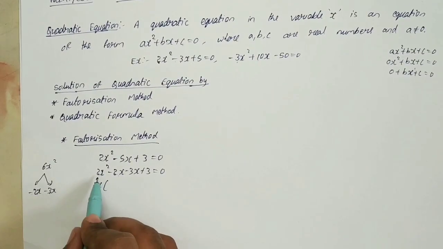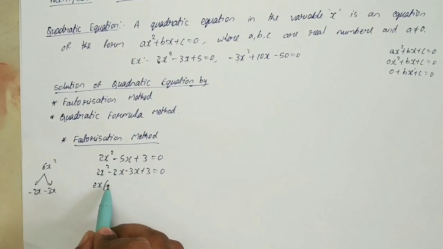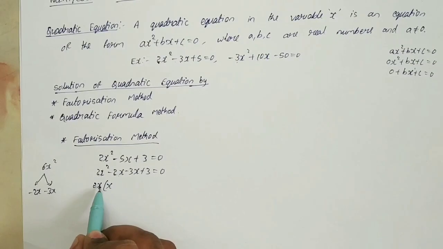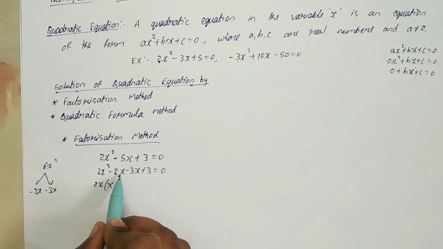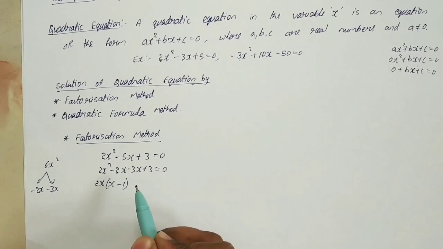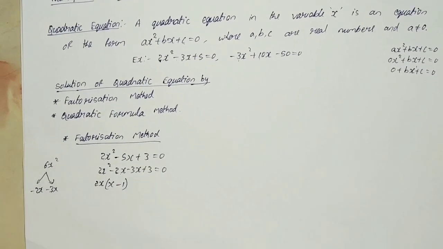What is remaining here? If we take 2 common, the remaining is x here, right? So x square is there. If we take 1x outside, the remaining is 1x, and minus, if we take 2x outside, the remaining is 1, right? Next,